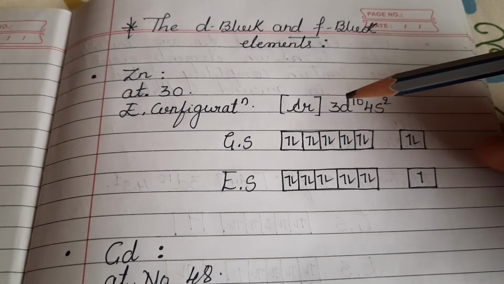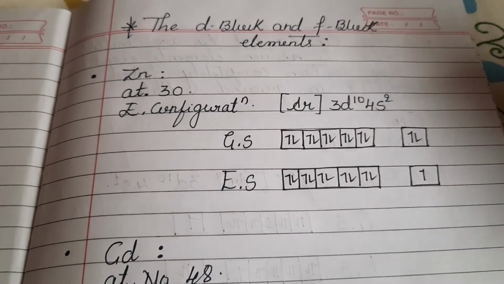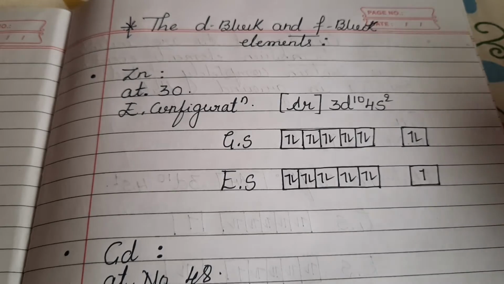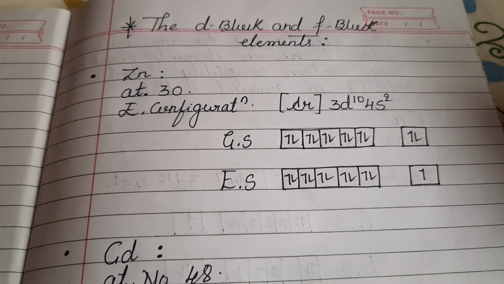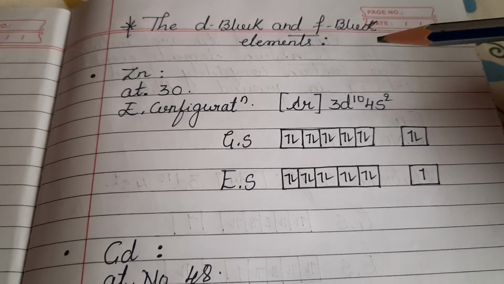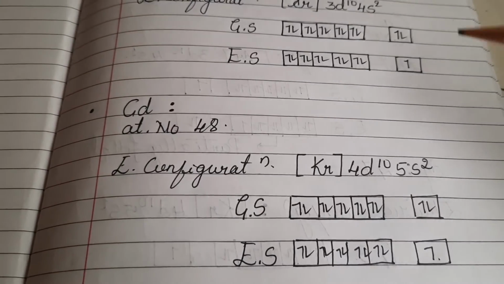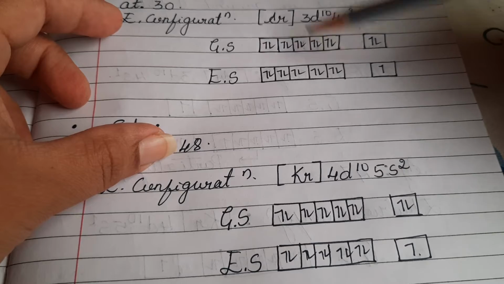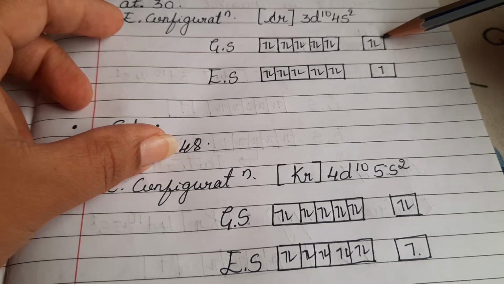So atomic number 30 has the configuration 3d10 4s2, and I must tell you that you need to know the 3D series electronic configuration, and it is compulsory. Once you remember the electronic configuration for the 3D series, it will give you vast help for your coordination compounds also. So the electronic configuration here is 3d10 4s2. Can you see the arrangement of the electrons? I have taken the electronic configuration at the ground state. I have written 3d10, all the 10 electrons are arranged in the d orbital, and we have one s orbital in which we have 2 electrons.